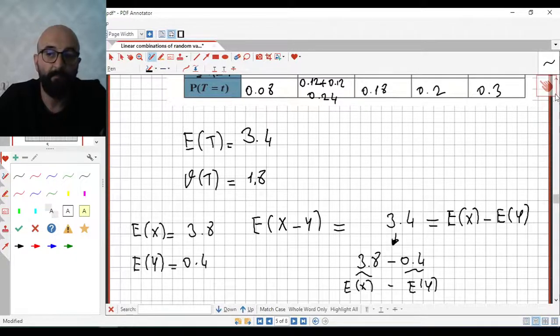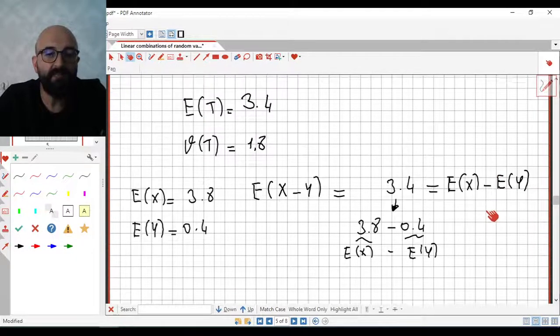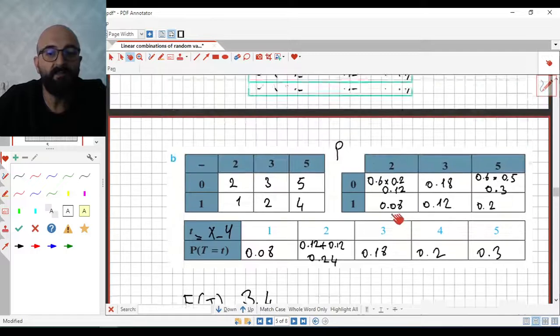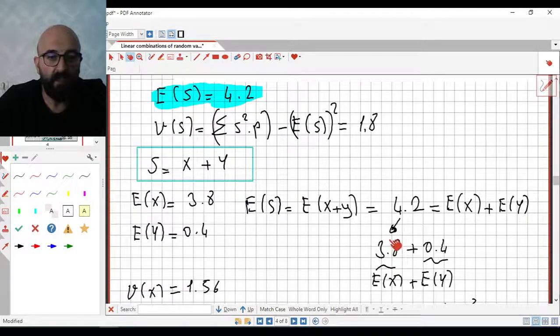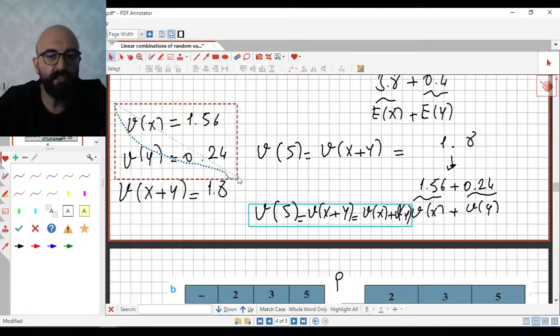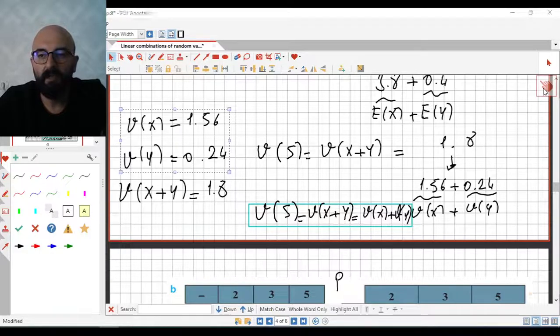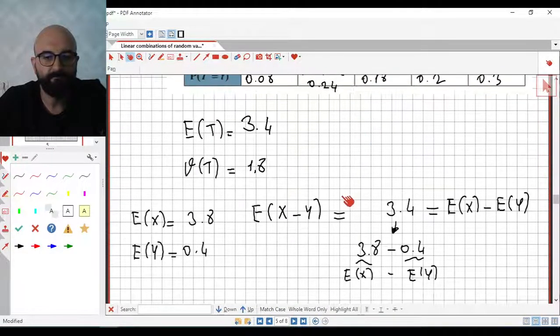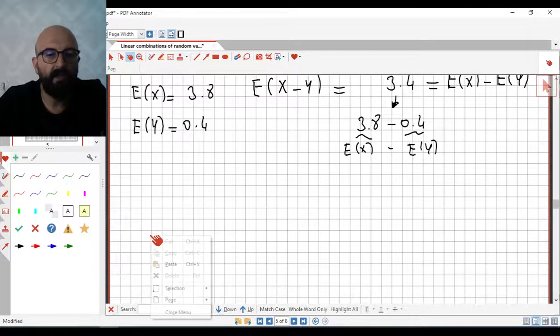The expected value of x minus y means the expected value of x minus the expected value of y. But please notice that for finding the variance value, our variance value for each, I want to copy paste. Our variance value for each,